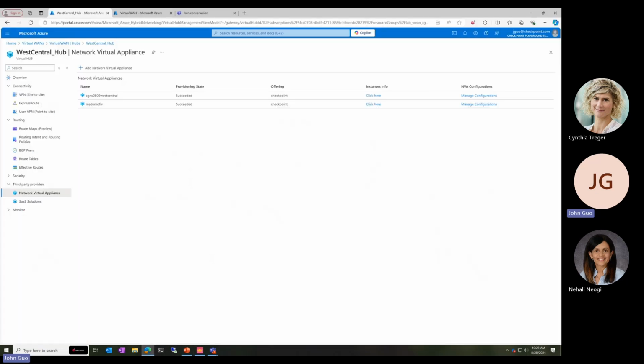So to install the Check Point NVAs, there are two ways. You can go directly under the vWAN hub. Under Virtual WAN, select the hub that you want to install on, and then under third-party providers, third-party virtual appliance, you can add a new NVA here. Or the other way is through the Azure Marketplace: run a search for CloudGuard Network Security, and it will take you to the same place. So I'm going to go this way, add a network virtual appliance,